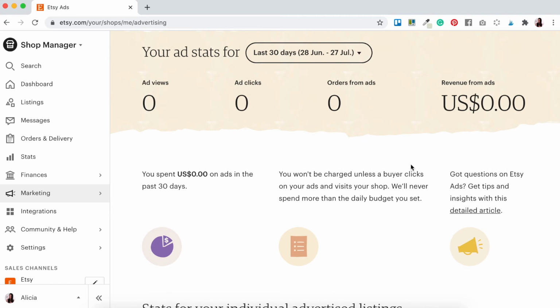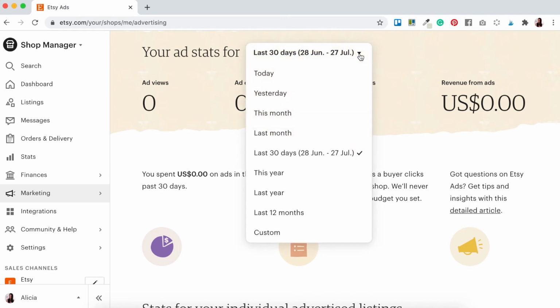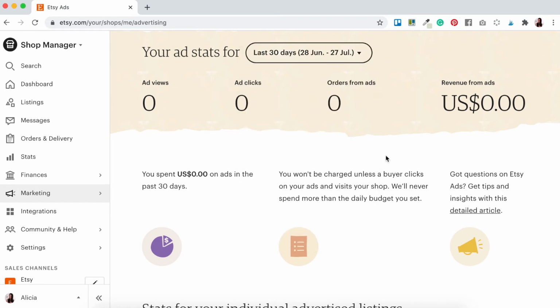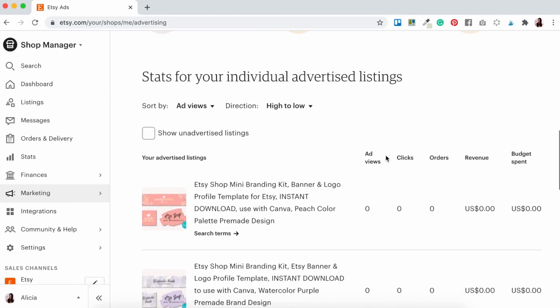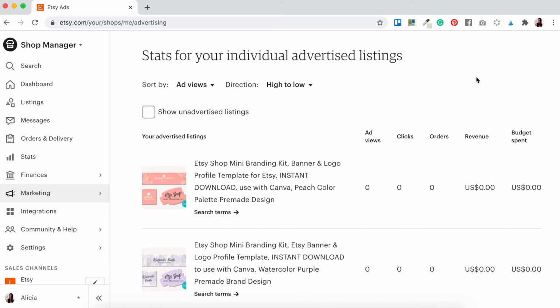When your ads start working, you're going to start seeing your ad stats. So you can choose whether or not you want to see it for the last 30 days, today, yesterday, this month. So you can get a more in-depth view of how your Etsy ads are performing. Let's just scroll down a little further. So really, when you're looking at your Etsy ads, this is where you're going to probably concentrate most of your time